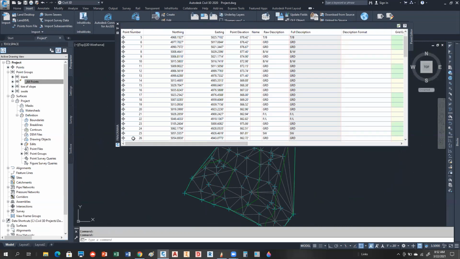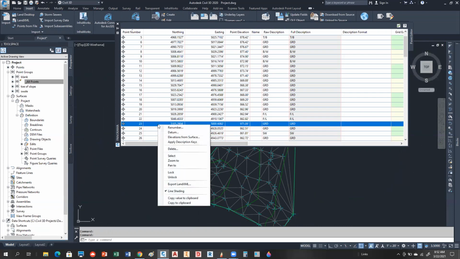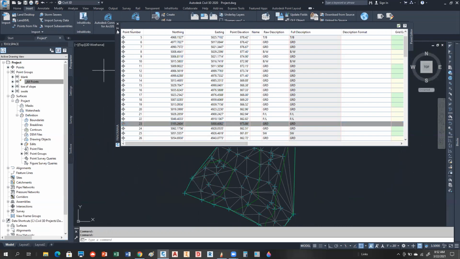That's point 23. That's the problem. Click on 23, and then right click, and you should see a delete. Delete it out of there. All right. Okay. Now,